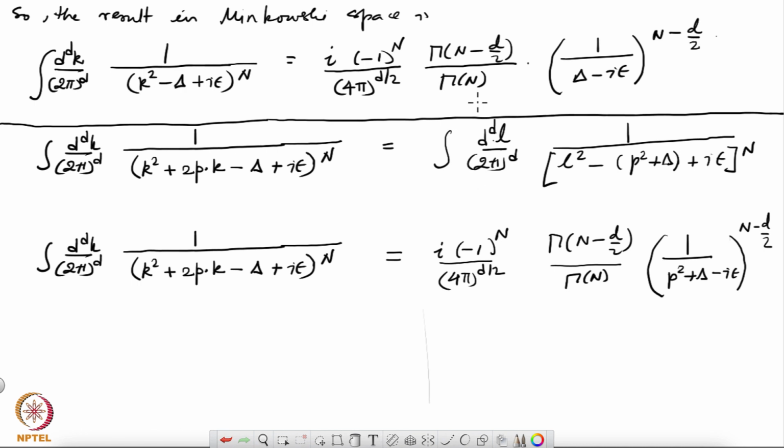Now, when you are doing quantum electrodynamics, okay, or theories which have spin, then you can get powers of k in the numerator also. Okay, even though we are not doing it in this course, but let me still record that result. So, for those of you who are familiar to some extent with quantum electrodynamics, you will know that